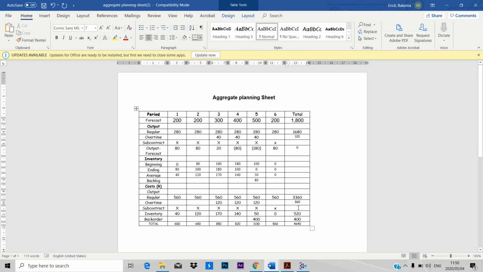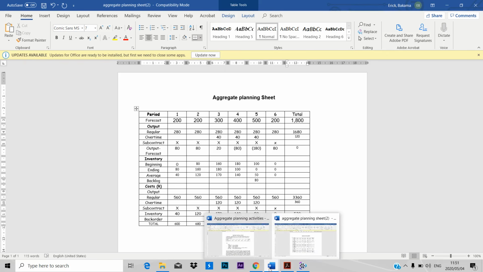Then I should do the same thing with the values that are here. You add them and you try to compare, to see if we still get the same answer. So 3360 plus 360 plus 520 plus 400, which gives you the same value of 4640. What does it mean? The 4640 here means that if we use that policy, if we let that worker that we are talking about in this